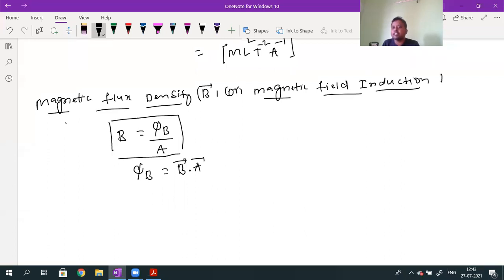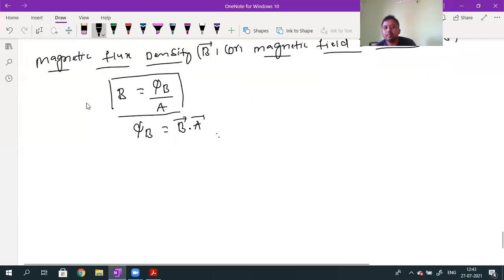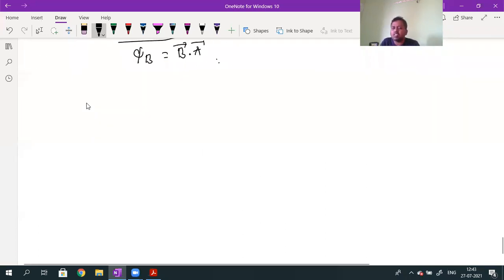Already you know that the symbol is given by B bar. Okay? So this is another definition for magnetic field induction. Magnetic field induction at that point will be defined as the flux passing per unit area. The total magnetic flux per unit area will give you the magnetic flux density. This is regarding the magnetic flux density. The definition for magnetic flux density is over. After completion of the magnetic flux density, all concepts are the same as those in electrostatics.